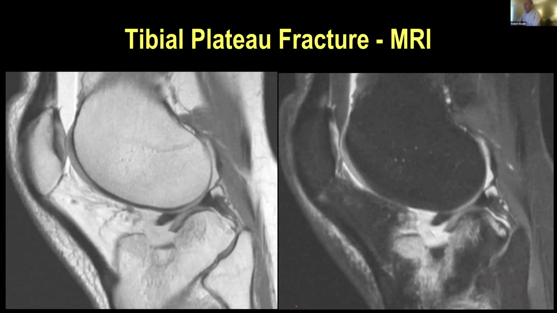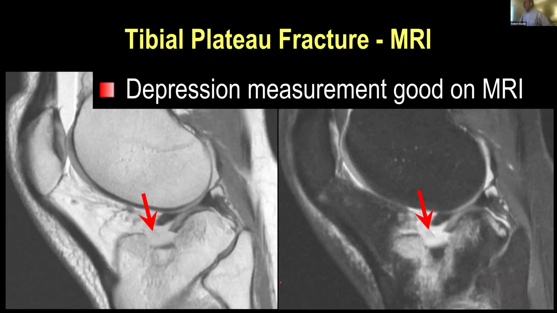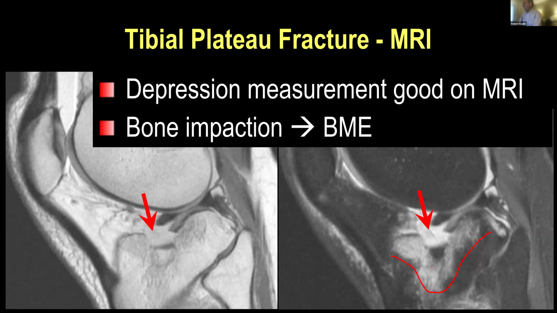So in these patients, it turns out that if they were outpatient and you could get it quickly, an MRI is obviously going to show these tibial plateau fractures well. They show depression that's just as good as a CT. Benefits of the MRI might be that you can see bone marrow edema, so you know that it's acute. You can see internal derangements like MCL and ACL injuries.